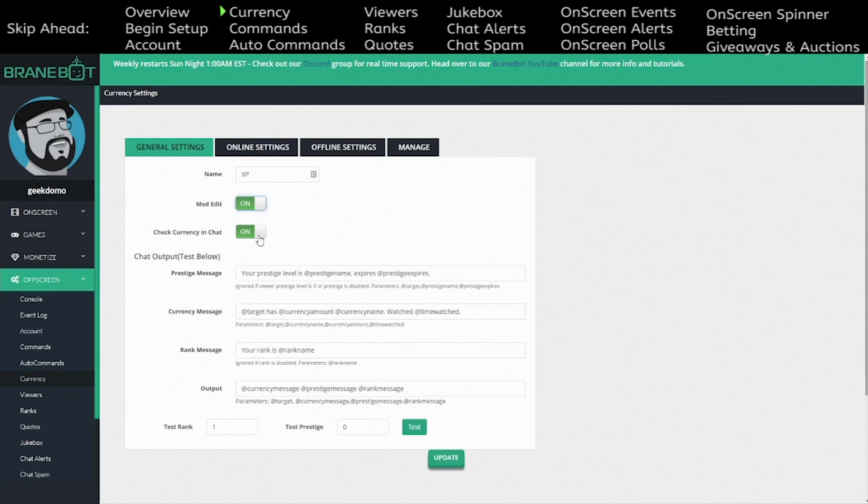That will do that. Now, check currency in chat. This actually is a pretty powerful button. If you turn this on or off, right now on means that anybody in the channel can type in !XP. If they type in !XP in the channel, they'll get listed in the channel how much currency they have. If you turn it off, it's going to take them someplace. Let me show you where it takes them. It's going to be